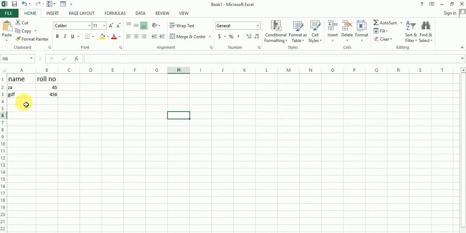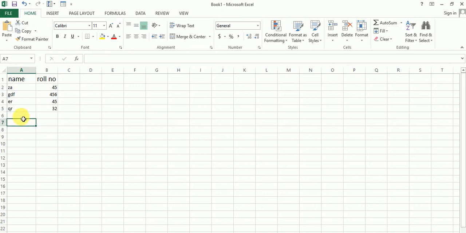Okay, but suppose you directly enter a new record. Suppose you are directly adding a new record. Then you enter, suppose the name is FR and the roll number is 45. The name is ERW, QR, and the roll number is 32. But when you use a form, it is easy to use and easy to add a new record.